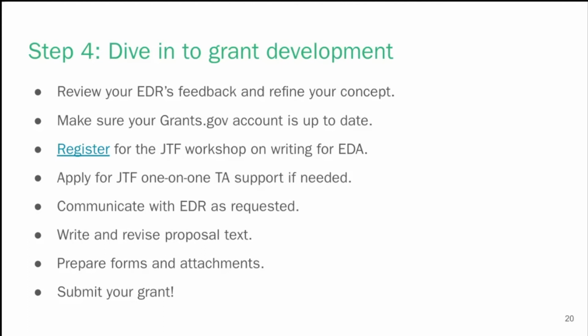So that you've got support from the JTF and you're doing your own drafting and development of documents. Keep communicating with your economic development representative, depending on who you're working with and depending on what kind of opportunity you're working on. They may want to talk to you more than one time and really work on refining that concept with you. That is the usual process. However, they are going to be very slammed, so I'm not sure how much of that they're going to be able to offer. But take your cue from them about how often they want to meet and how much they want to communicate. Writing and revising, make sure you're getting feedback, even if it's not from the JTFTA program,